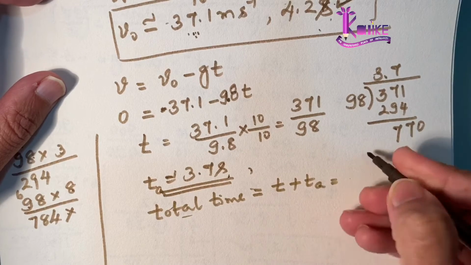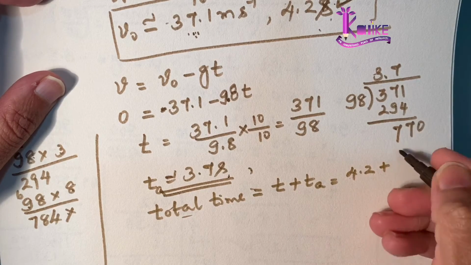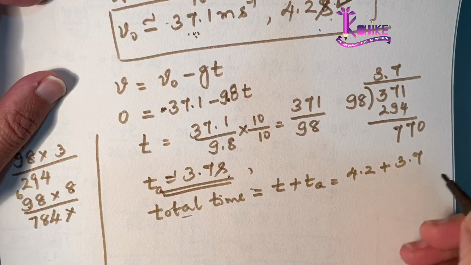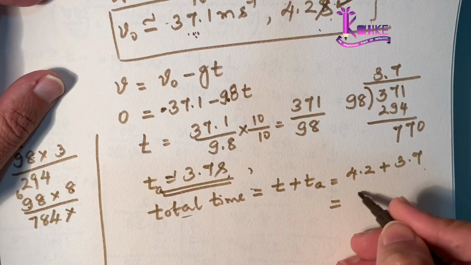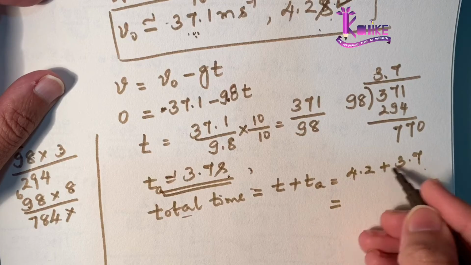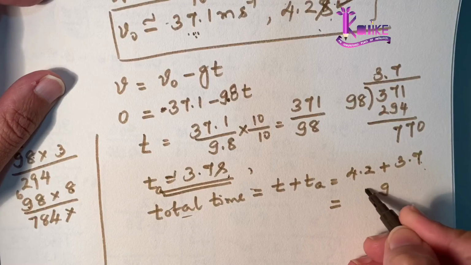How much was the time of descent? Initially it took 4.2 seconds to reach the ground. Now it is moving in the upward direction in a time of 3.7. So the total time it takes to reach the maximum height position is